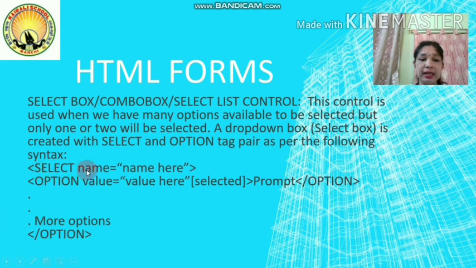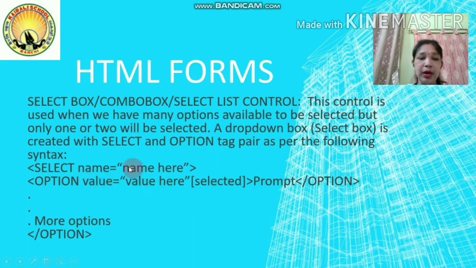You will start with select. Name of the control is a must, because when your data will get submitted, when it will be given to the server or another form where you want to submit it, by this name only your control will be identified. So this is a must. A few more attributes are there which we will discuss one by one. Another one is inside this. I haven't closed it. After option, select will also be closed, and inside, I was giving one example of different streams. So you can have the first option value equals to science, and then the value which you need to display there.